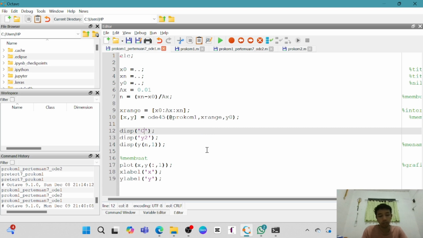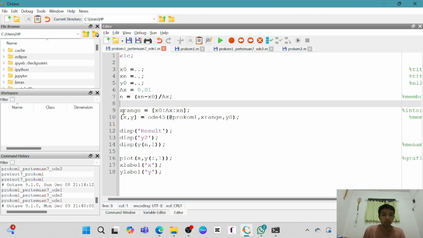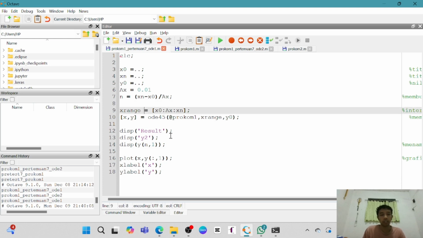Calculate result. Okay. We have the xrank or expand in the module. This is the starting value. Then this is the increment. This is the final value, the xn. Then we have the ODE function.